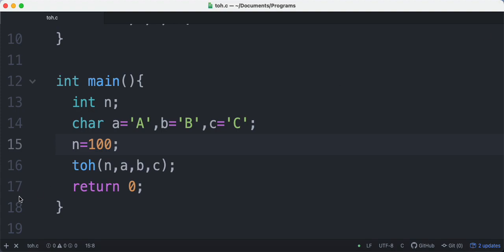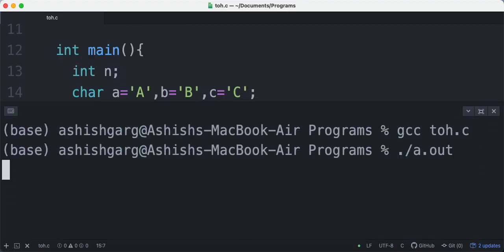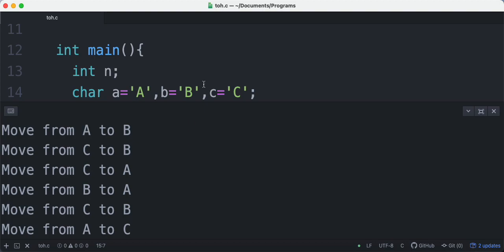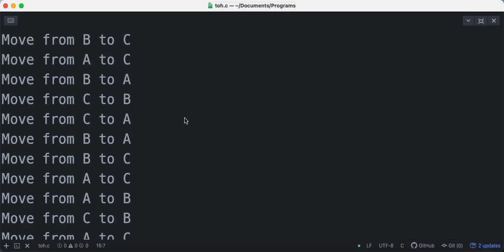Okay, so if I write n equal to, let's say, 10, then probably it will stop after 2 to the power 10, which is 1024 minus 1, 1023 steps. So you can see this. After 1023 steps, because 1023 steps are written instantly, see, these are 1023 steps, they are written instantly, so it got stopped. Okay, so